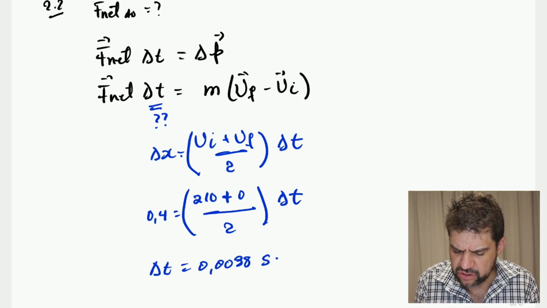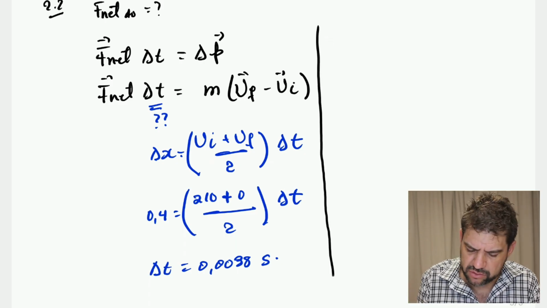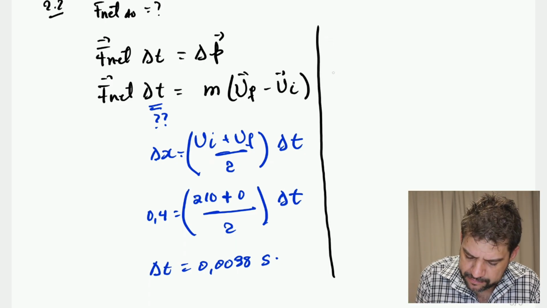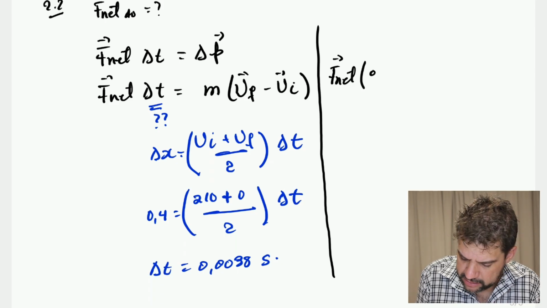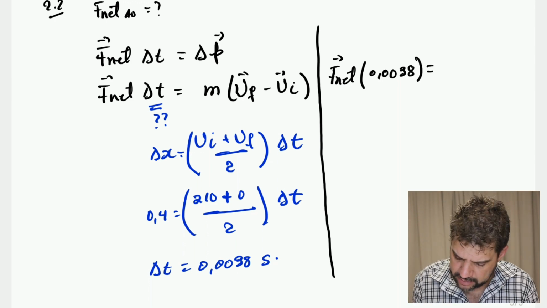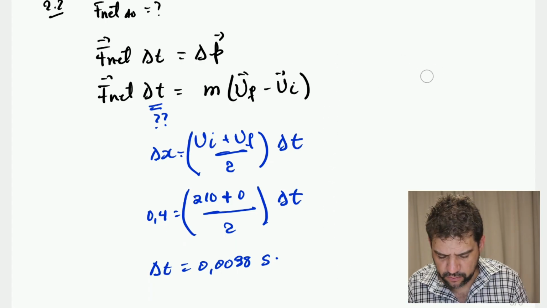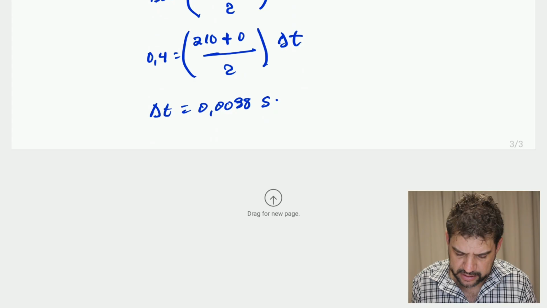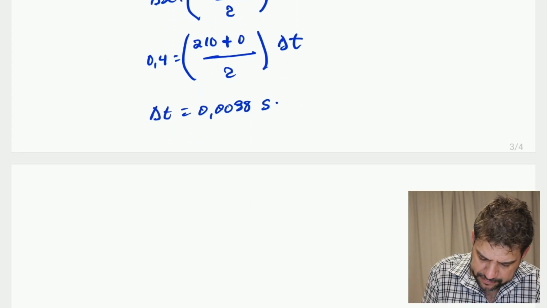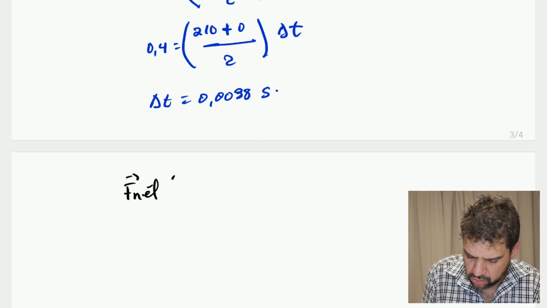I'm going to substitute here on the right side. So F net, which is what we are looking for, multiplied by 0.0038 is equal to, you know what, it's not going to fit in here. There's no need for us to squeeze it that much. A new page, and then let's go there. So F net multiplied by the time, which is